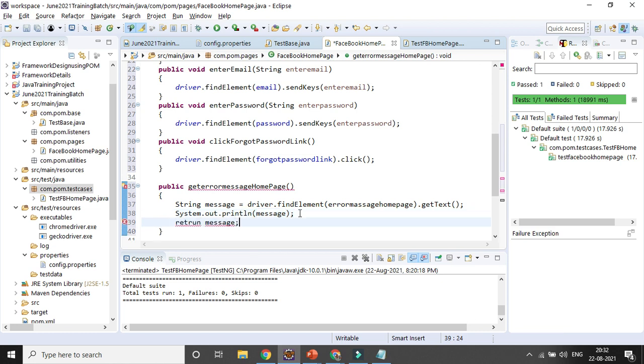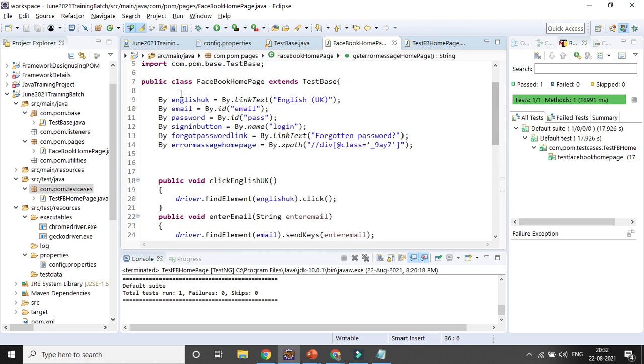So its return type is string, so I need to give the return type string. Okay, so those are the different methods I have written for the home page, along with the properties.